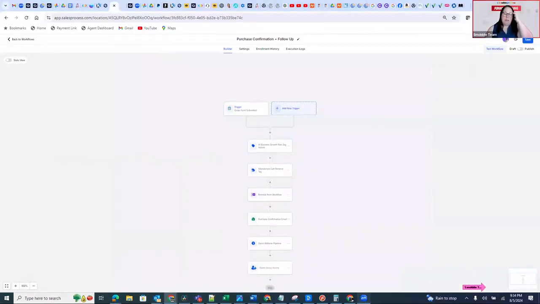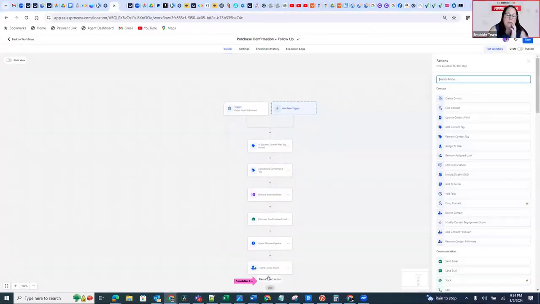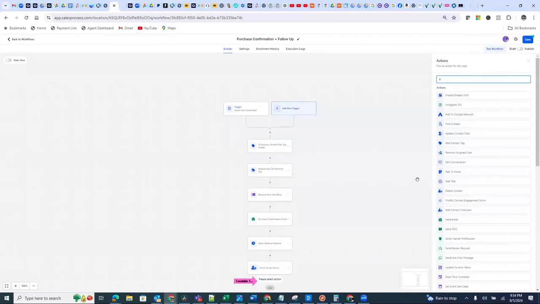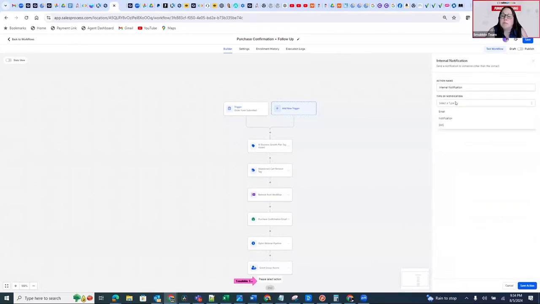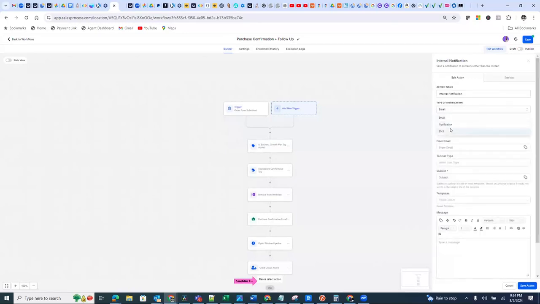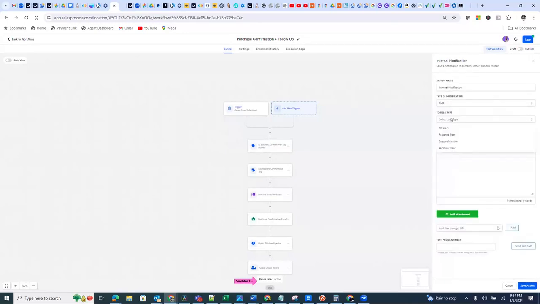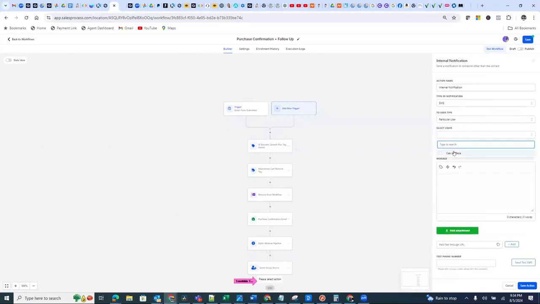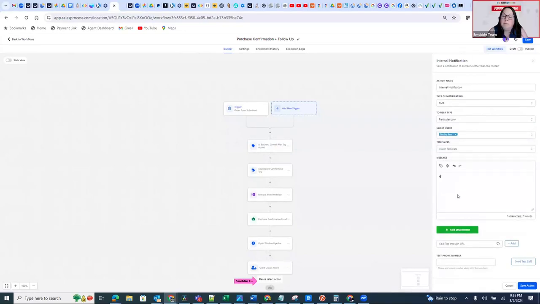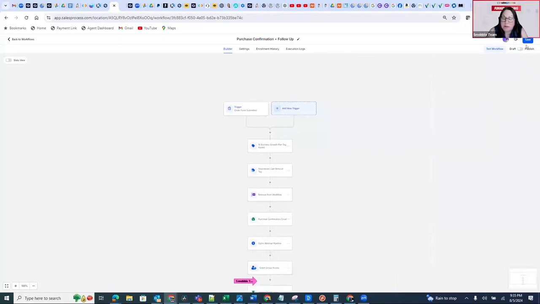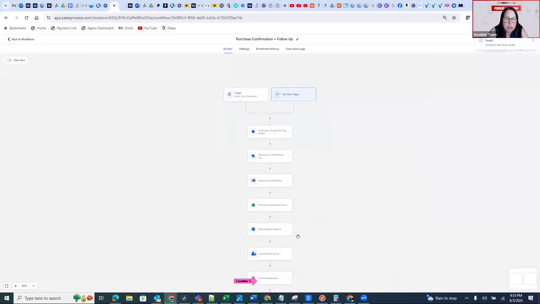Now this action. You want to add your internal notification. Okay, so this is internal notification. Yep. And we said select, I guess, email. Oh, maybe I'll make it SMS. I don't know. And then you said particular user, which would be me. Mhm. And then AJ, respond. Okay. And this would be it. Yeah, save. Okay. And then there was one more step you had in there.